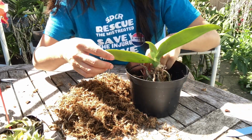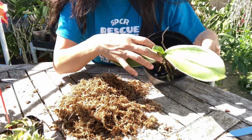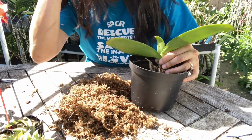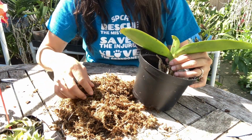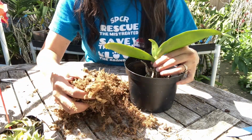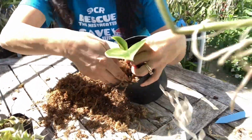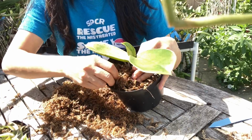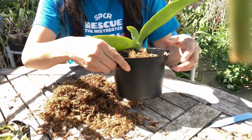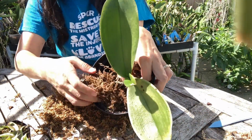One of the things I like to say is that the pot is for you. The pot's not for the orchid. This wants to grow on a tree branch or on the trunk of a tree, and it doesn't need a pot. The pot's so that when you water it in your house, you don't get water everywhere. So I just start the roots off inside, even if they are aerial roots. And then I very gently put in springy moss around. Don't know if people can see it with the sun. So I'm just tucking it in